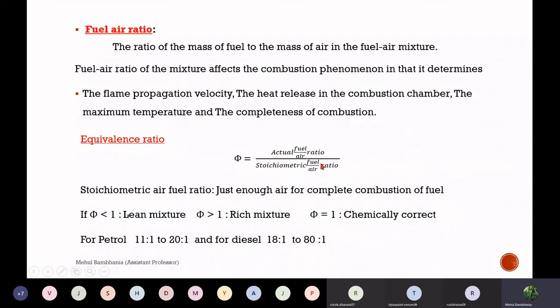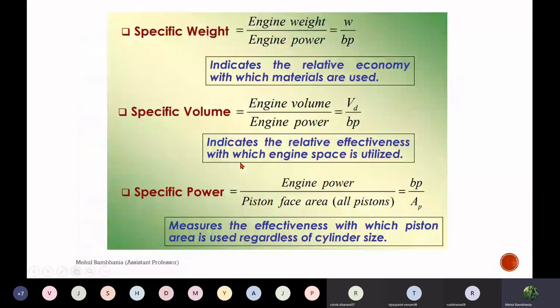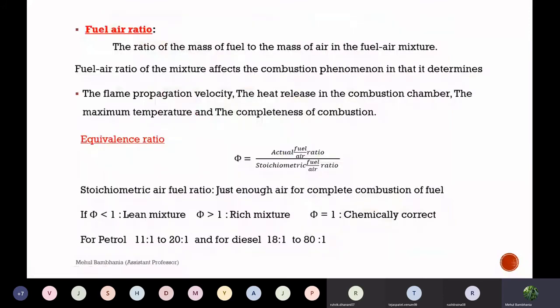Theoretically it is okay, but how much air fuel ratio the engine is actually functioning with is more important. So for that you need to calculate the amount of air actually supplied and the amount of fuel supplied to our engine, and based on that we can calculate our equivalence ratio. So this is a very important parameter for engine performance and combustion performance. That is what I said: when we wish to talk about the detailed parameters, this equivalence ratio is much more important.